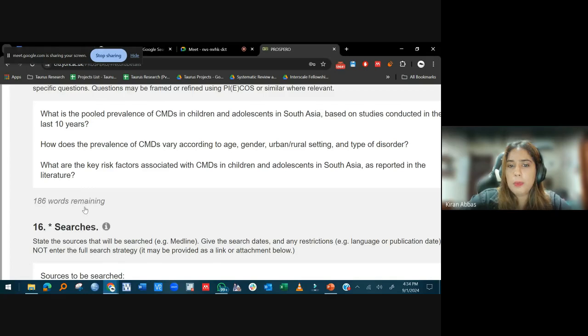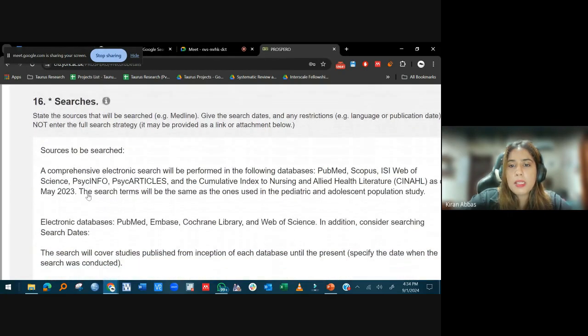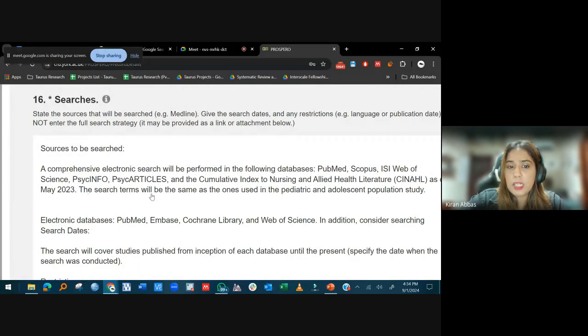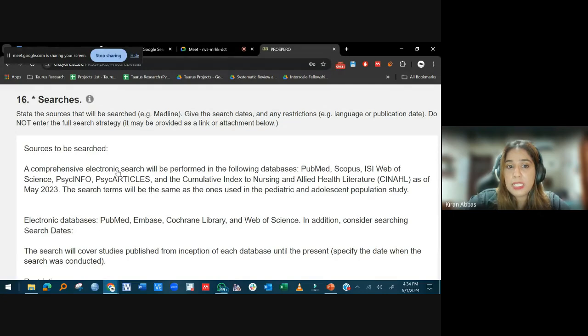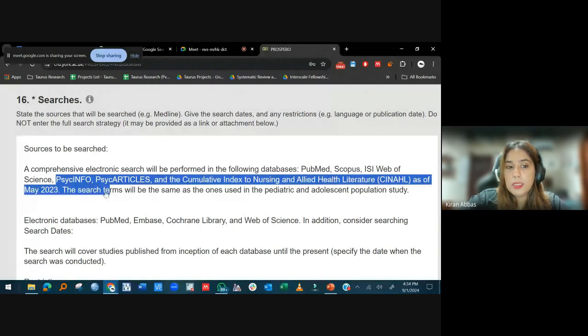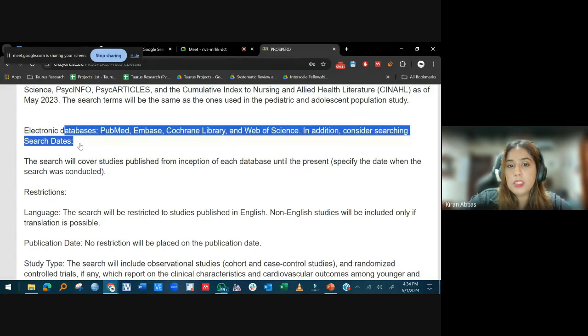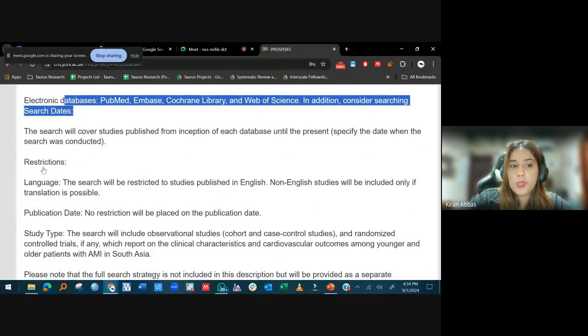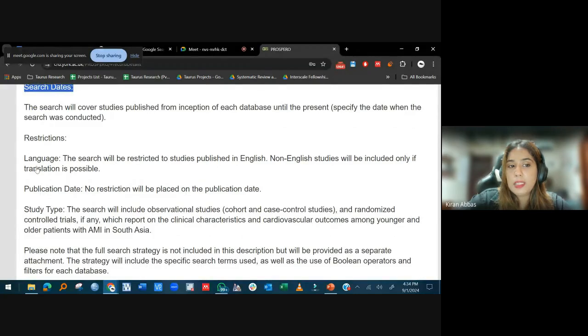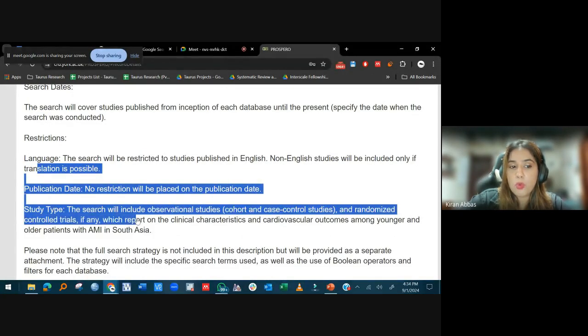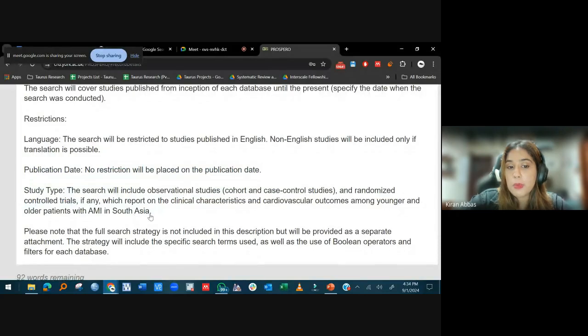अब मेरे मल्टीपल रिव्यू क्वेश्चन थे उस पॉइंट पर, तो मैंने यहाँ पे मल्टीपल रिव्यू क्वेश्चंस लिख दिए। फिर हमारी सर्चेस, मैंने कहाँ कहाँ सर्च किया, क्योंकि मेरा साइकाइट्री से रिलेटेड था ना, तो मैंने यहाँ पे साइकाइट्री के डेटाबेसेस भी स्पेसिफाई किए, ठीक है। फिर कहाँ कहाँ कौन कौन से डेटाबेसेस यूज किए, मैंने ये ऐड कर दिया। फिर इंक्लूजन क्राइटेरिया क्या था, लैंग्वेज रिस्ट्रिक्शन थी, पब्लिकेशन डेट रिस्ट्रिक्शन थी या नहीं, वो ऐड कर दिया।